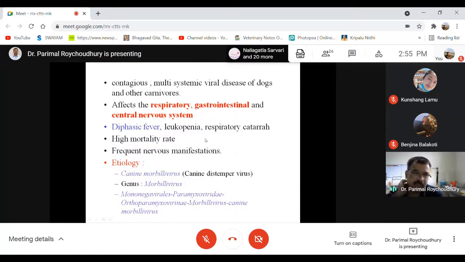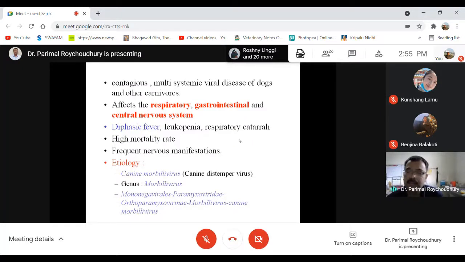In small animals like pups, it may produce severe, hemorrhagic diarrhea because of the intestinal infection. And all these infections are basically submucosal infections, not in the epithelium but in the subepithelium,